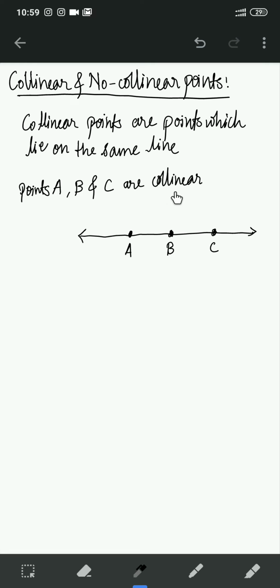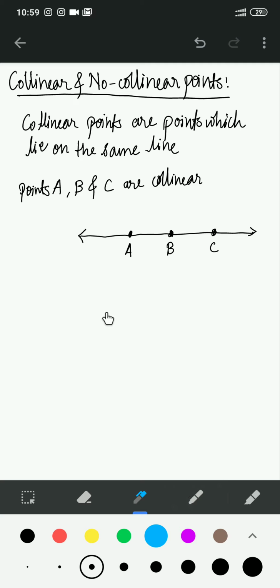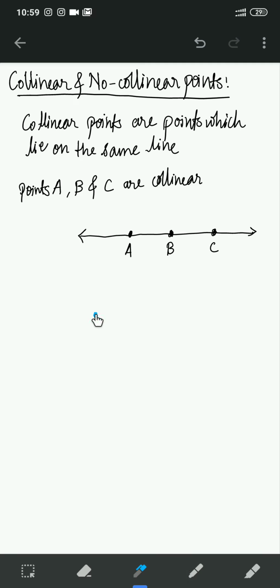As the word suggests, co-linear. Linear means line, co means together. So all these 3 points are in line together. Now it's not just these 3 points. Suppose there are 4 points. If I show you 4 points like this and draw a line, as you can see, this is not exactly a straight line, but you can take 4 points and draw a straight line through them.